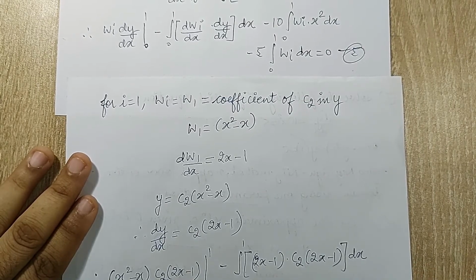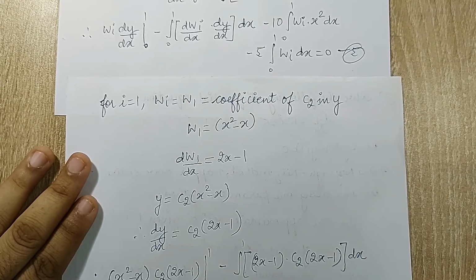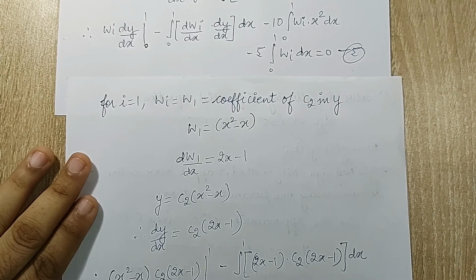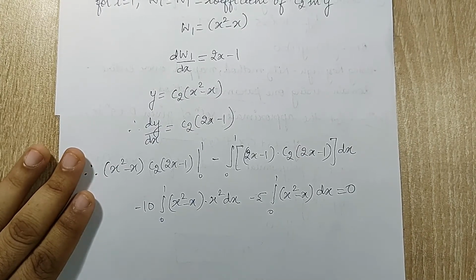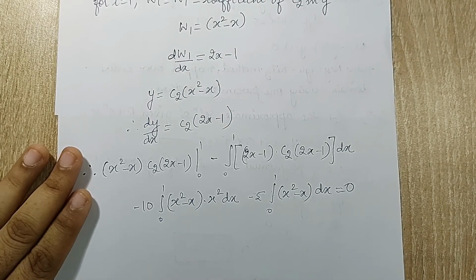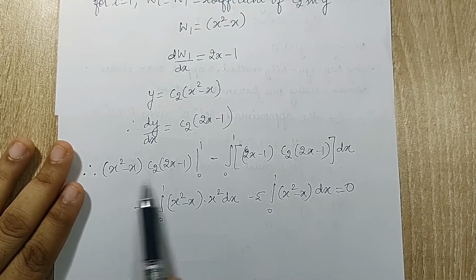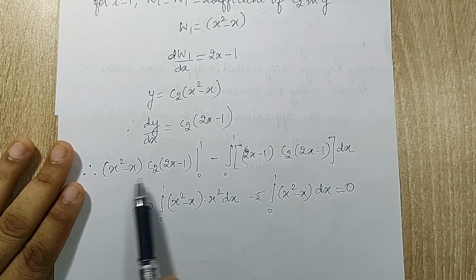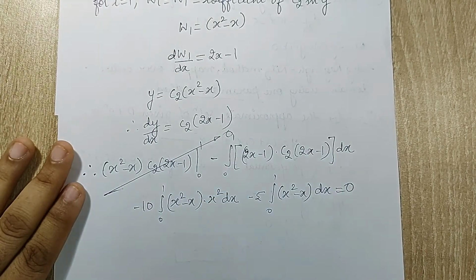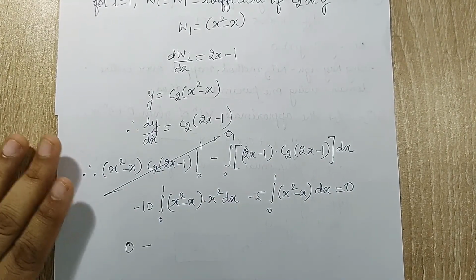Then I have minus 10 integration 0 to 1 w1, which is x square minus x, into x square dx, and lastly minus 5 integration 0 to 1 (x square minus x) dx is equal to 0. Now you can observe there is only one equation to be solved, so the sum becomes very simple and less time consuming. Now if you observe, this term is obviously a boundary term. If you recollect, when I substitute 1 it becomes 0, when I substitute 0 it becomes 0, so this term entirely is 0. So I have 0 minus